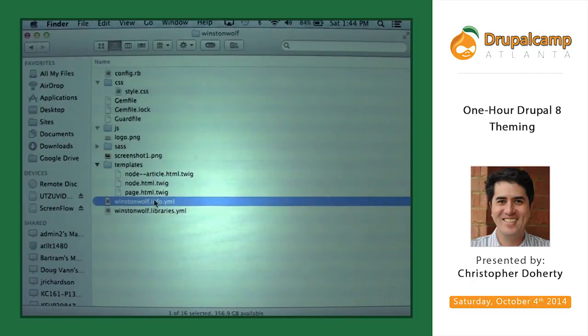I started with the YAML file, defined this template, these regions, where CSS will live, and then put it all together and showed you how it works. All you need to get started is a folder in your themes folder within root, and that info.yaml file.